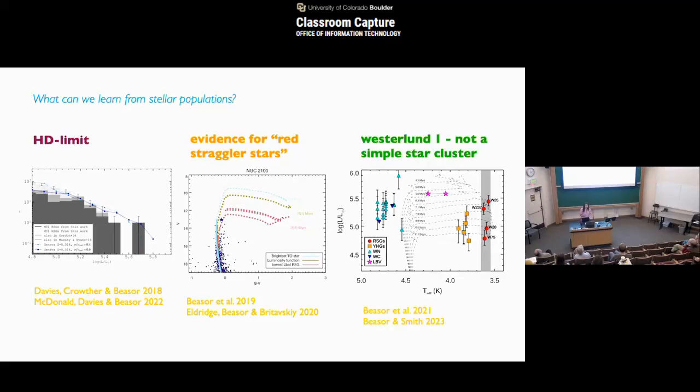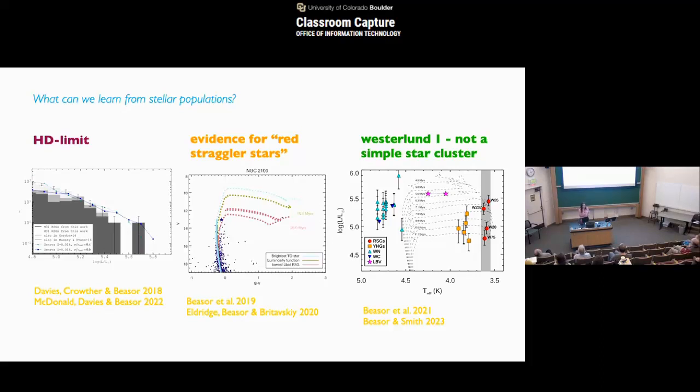It's also using populations that we can look at weird clusters such as Westerlund 1. Westerlund 1 is a very famous cluster because it has a whole host of massive stars within it that you probably wouldn't expect to see together if you were just reliant on single star evolution. So there are luminous blue variables, red supergiants, yellow supergiants, a ton of Wolf-Rayet stars, a magnetar, and basically the crossover period for when these stars can all coexist together according to single star theory